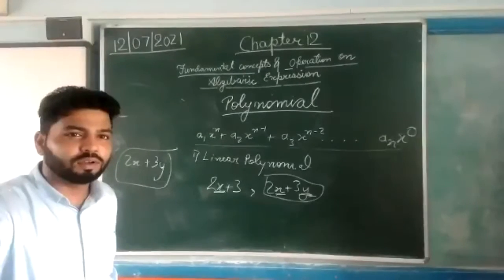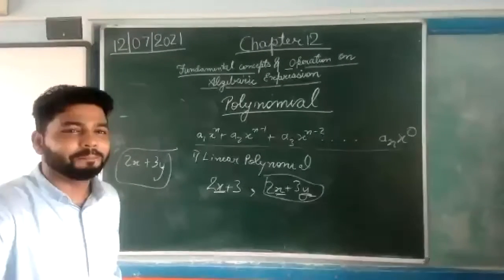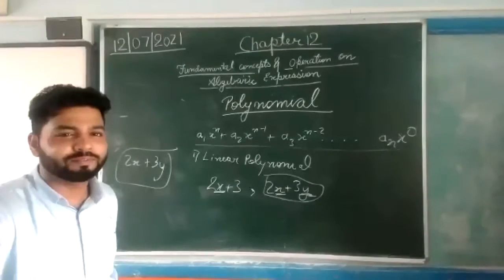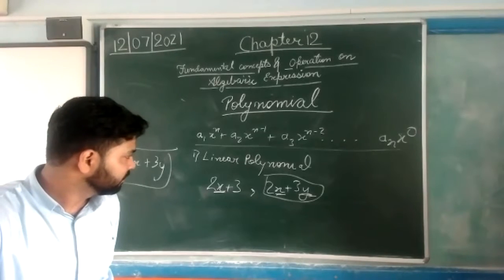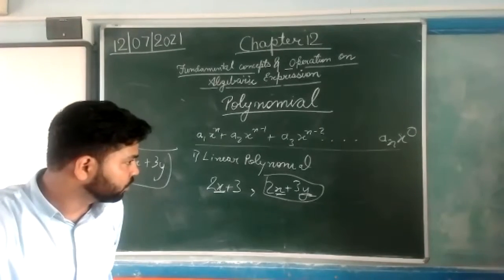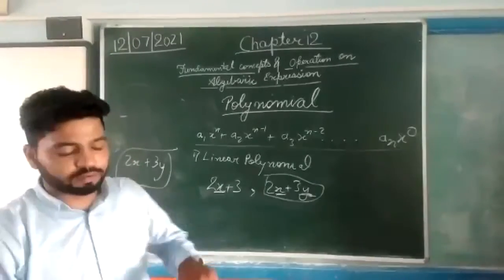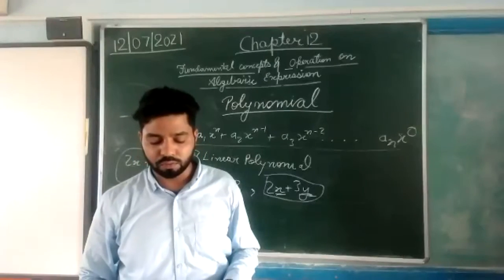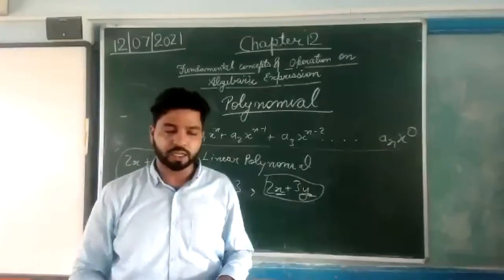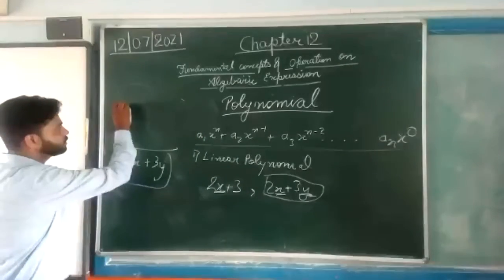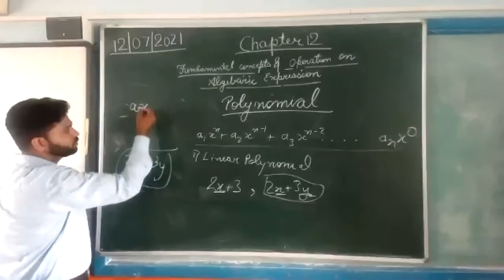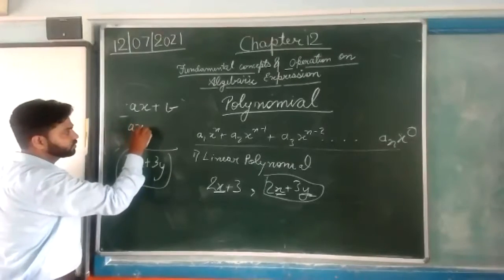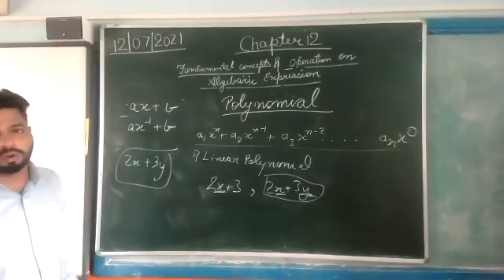Abhinav Raj, are you in the field or what? Yes, Akash. Sir, like root x is there, sir. So why is root x not a polynomial? As per the definition, an algebraic expression in which the variables involved have only non-negative integral powers is a polynomial. Non-negative means if any expression consists of a to the power x_b, this is called a polynomial. But if there is x to the power -1, this will not be a polynomial.